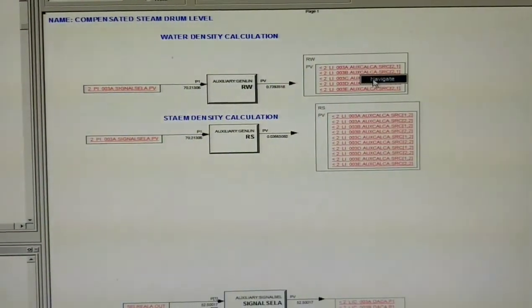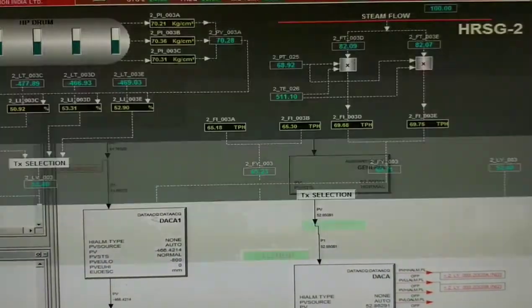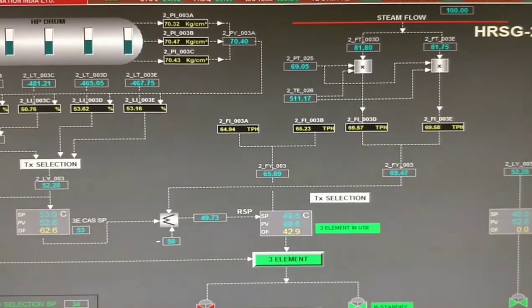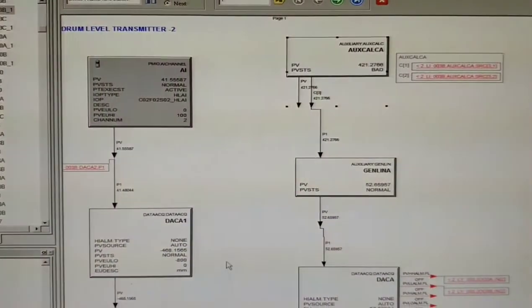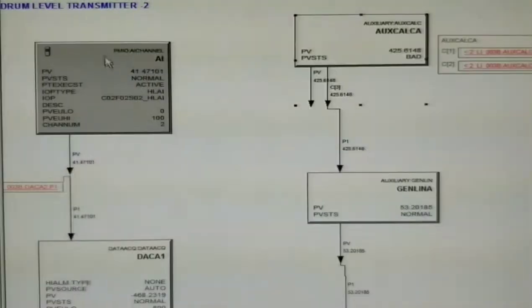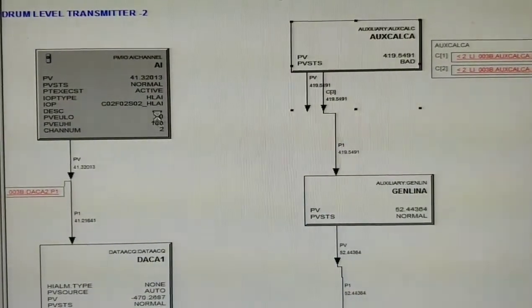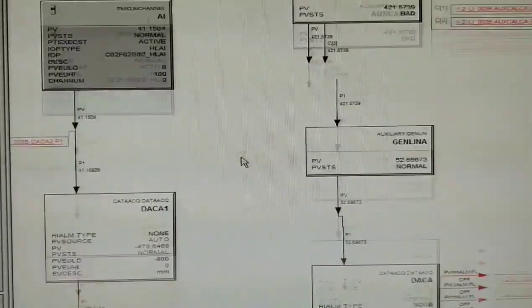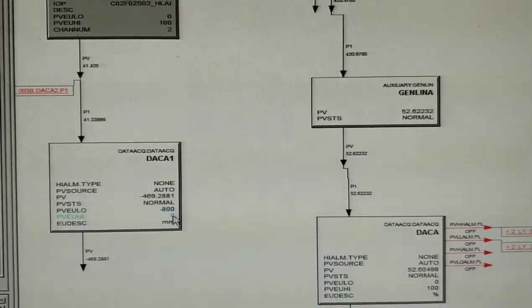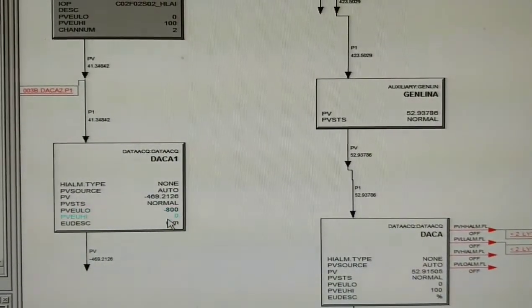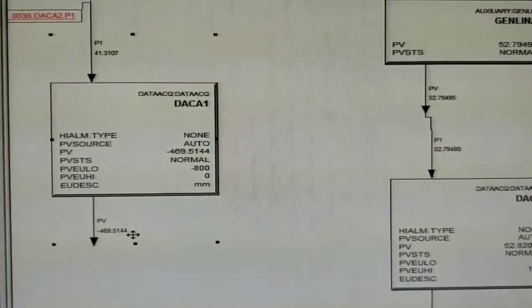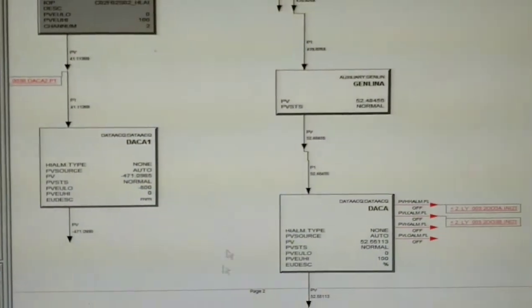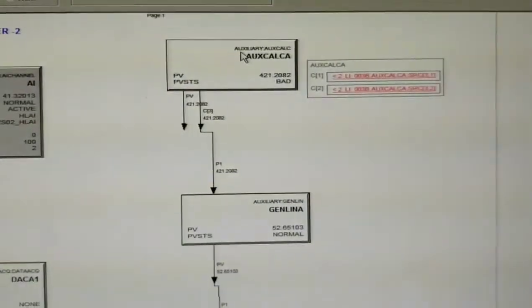So for calculation of this compensated drum level, the raw reading is converted into percentage. Here the transmitter is giving output in terms of 0 to 100%, and we have converted that 0 to 100% into -800 to 0. This is the LRV from the transmitter, and this is the URV. And right now we are getting the reading as -470. Now in this auxiliary calculation block,